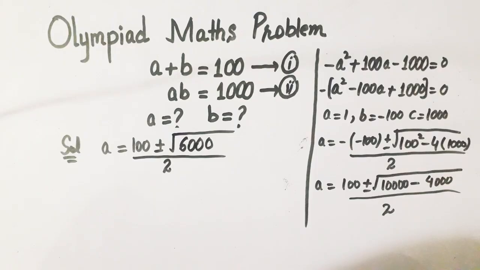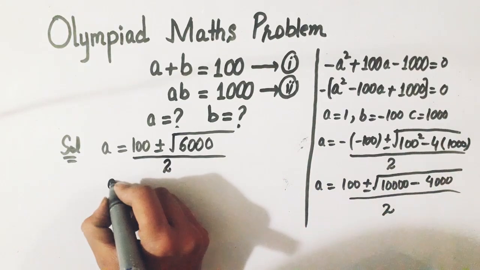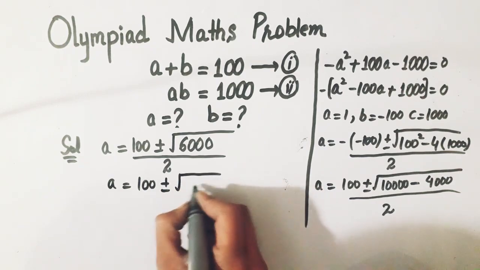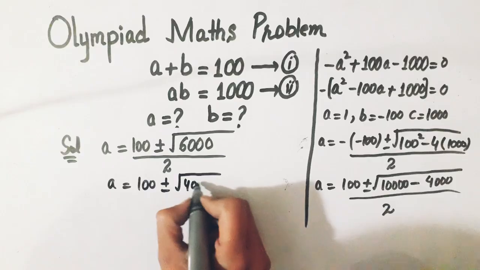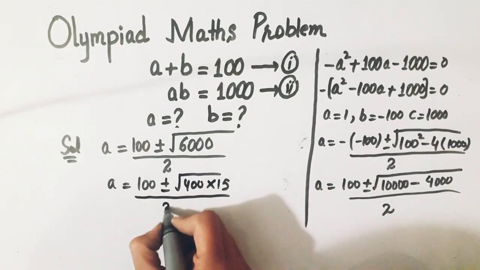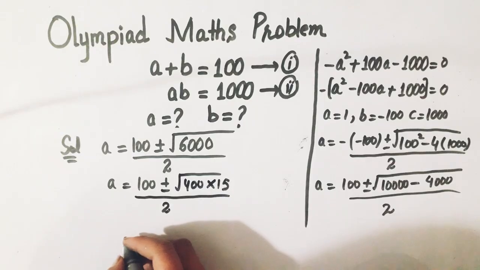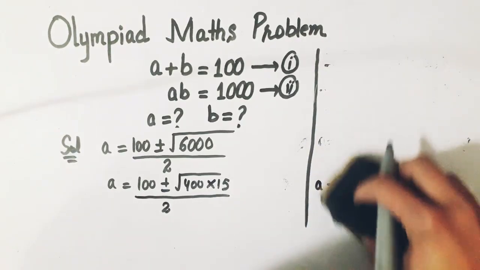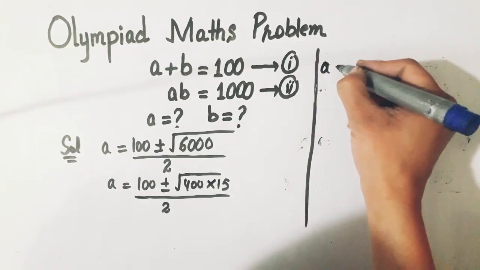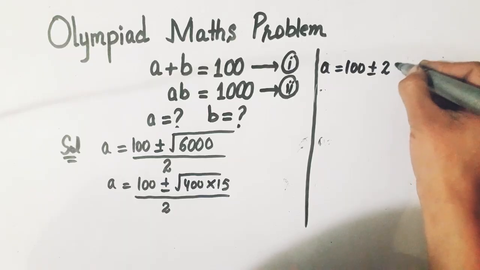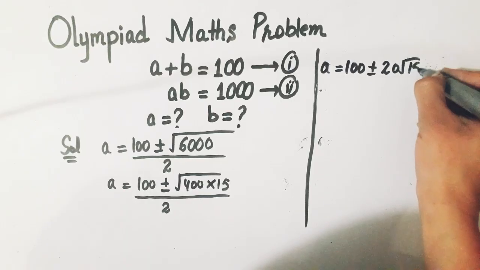Then we get a equals 100 plus minus root 400 multiply 15, divided by 2. That means a equals 100 plus minus 20 root 15,